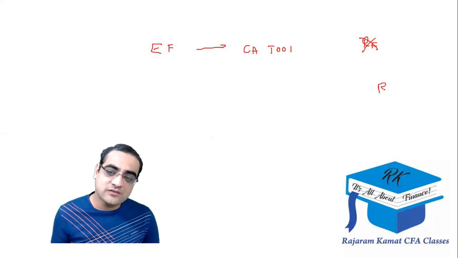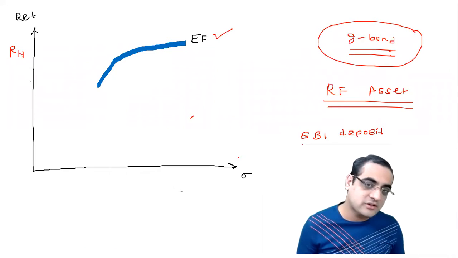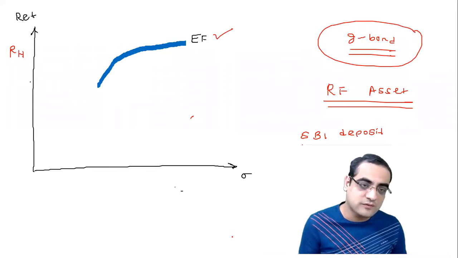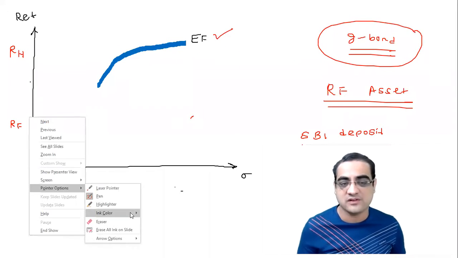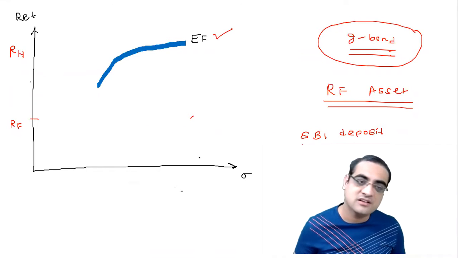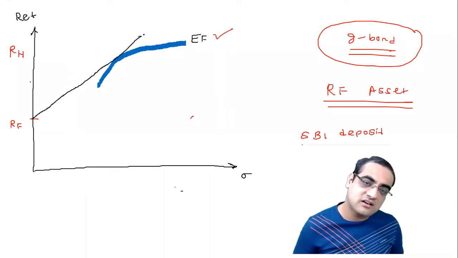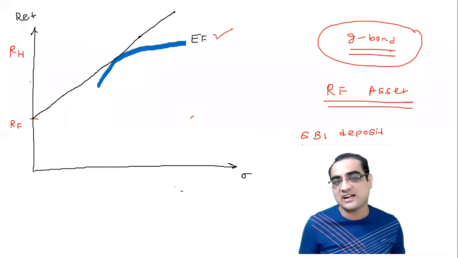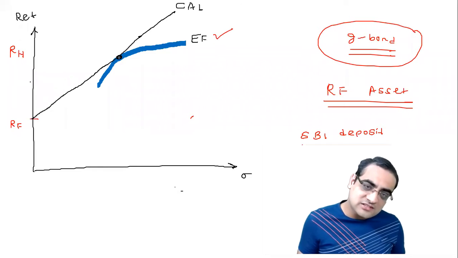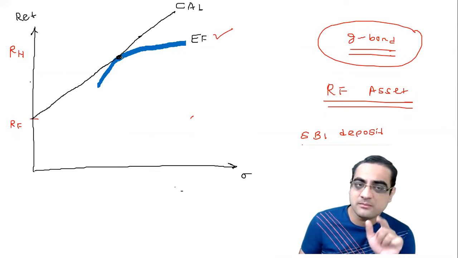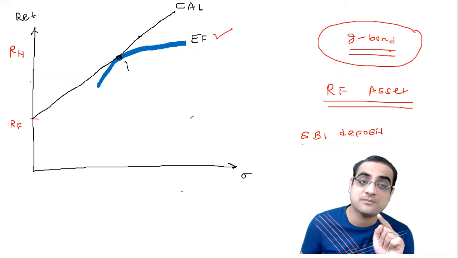But if the client does invest into risk-free assets, then there is another tool, which is going to start from RF over here. Again, the details of this would be covered in level 1 portfolio management, if for some of you it's not yet done. So it's a line which goes from here till here, and it goes ahead also. That line is called the capital allocation line. Why did we select only this point? Why did we not select any other point? Because this point on the efficient frontier has the highest Sharpe ratio.